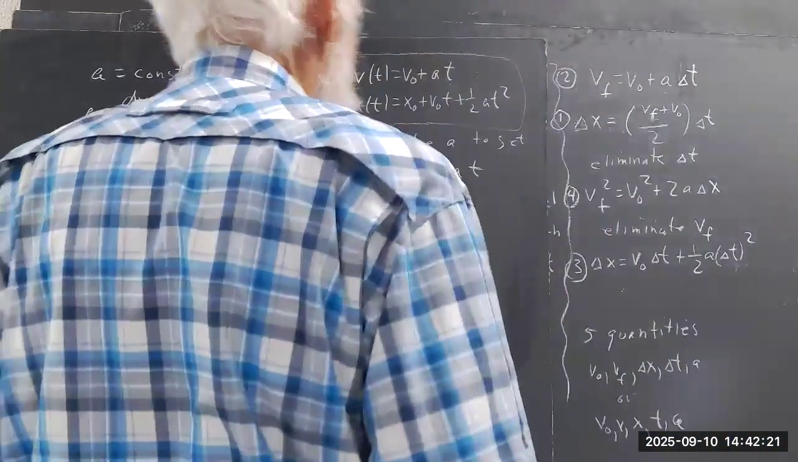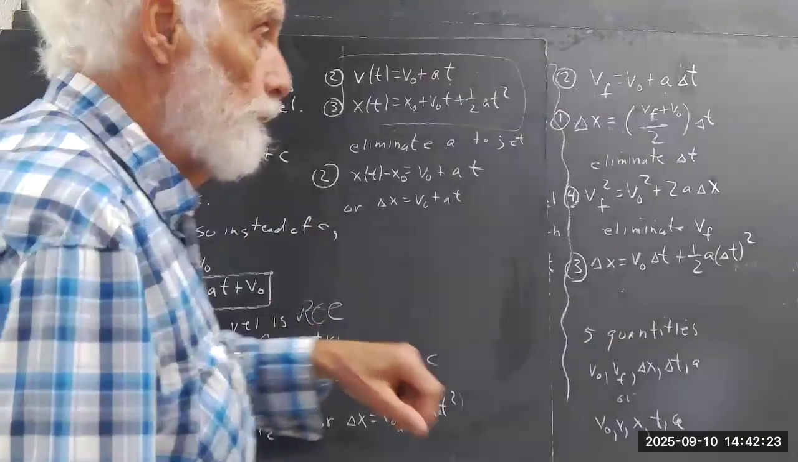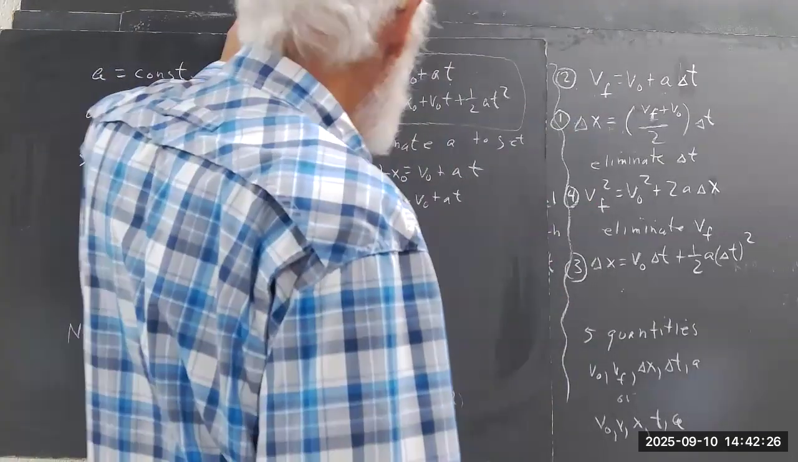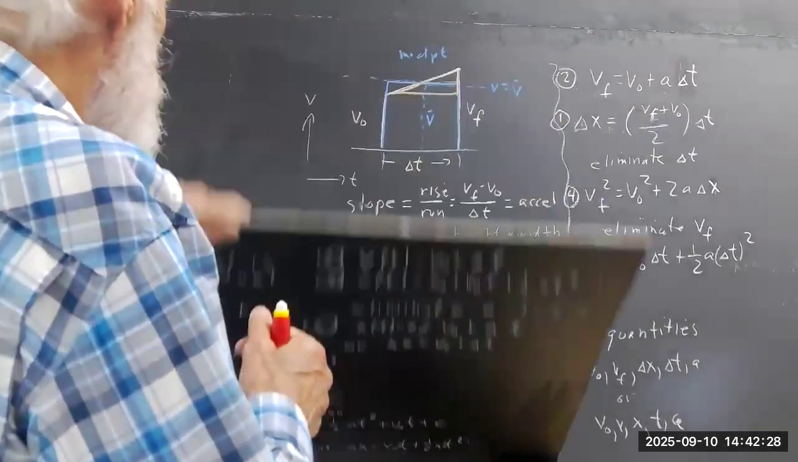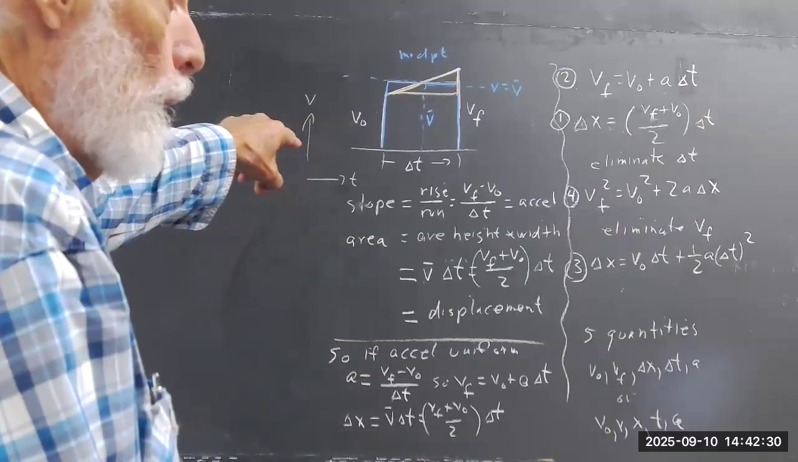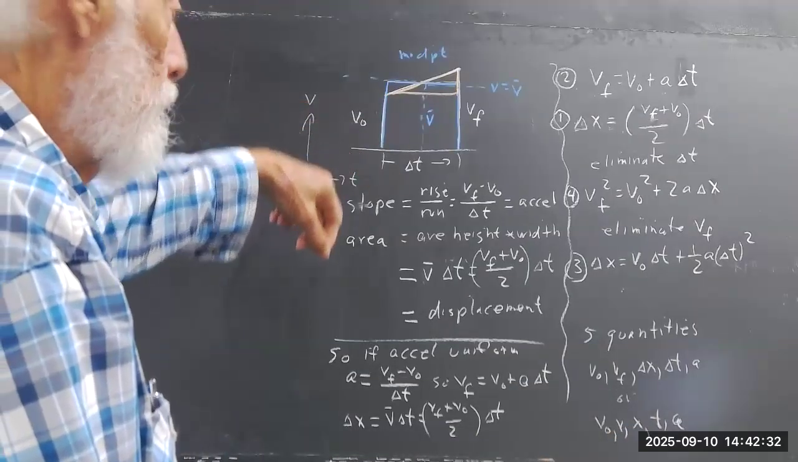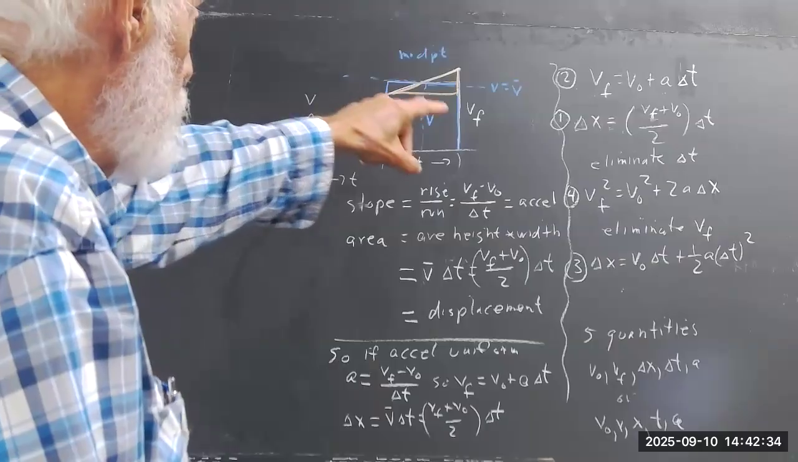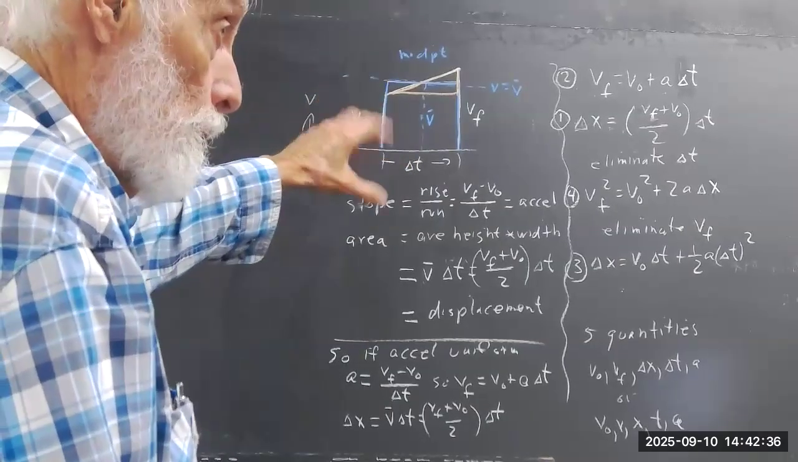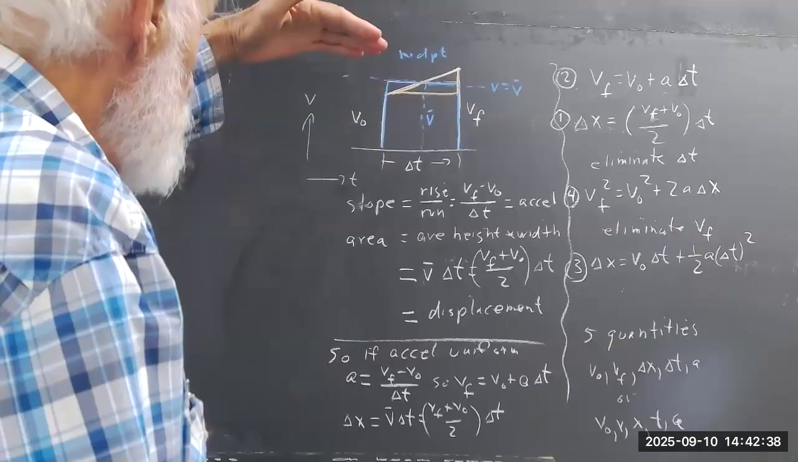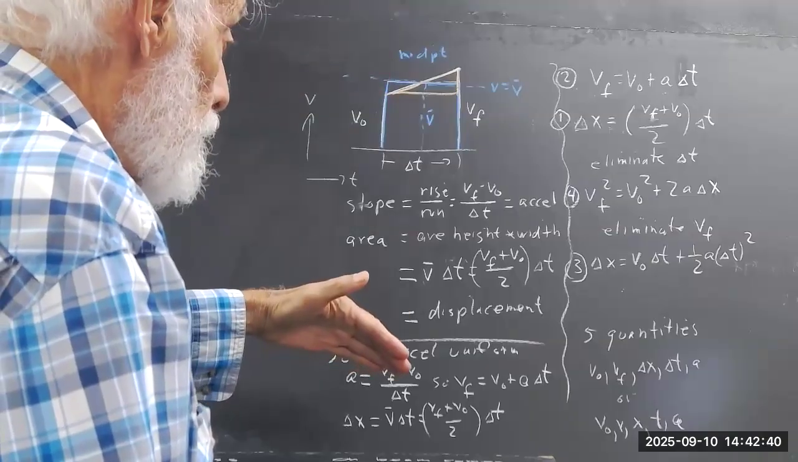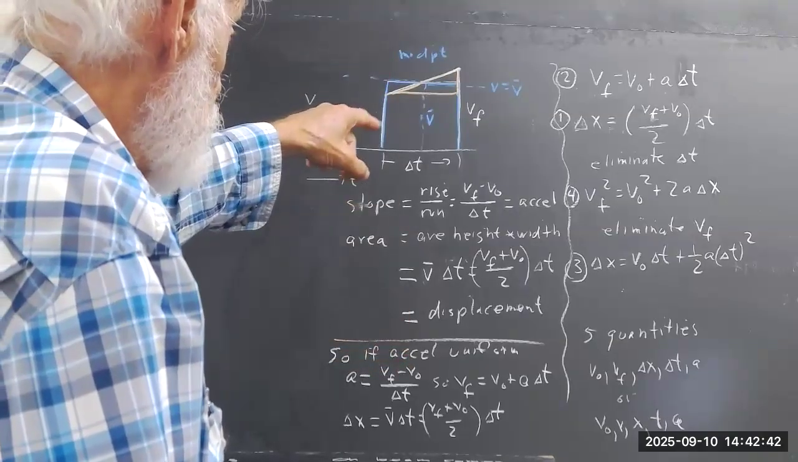Now we've derived the equations of motion from a simple trapezoid on a V versus T graph, where we specified V naught, VF, and delta T in terms of the graph. We look at the area under the curve and find that that's equal to average velocity